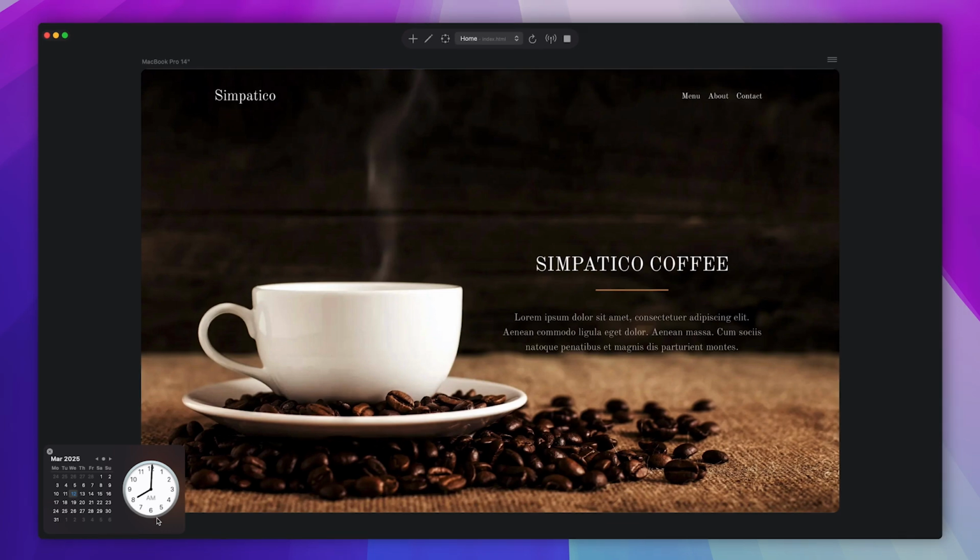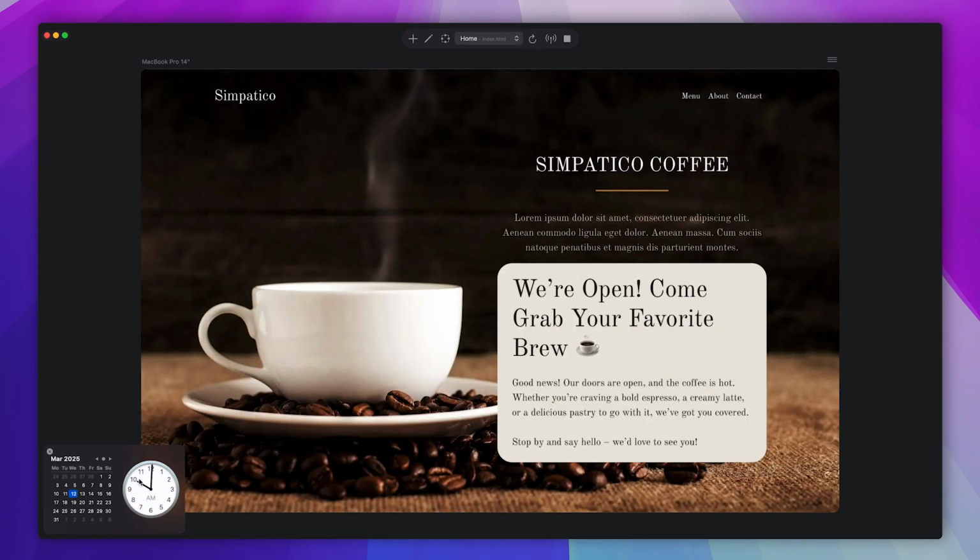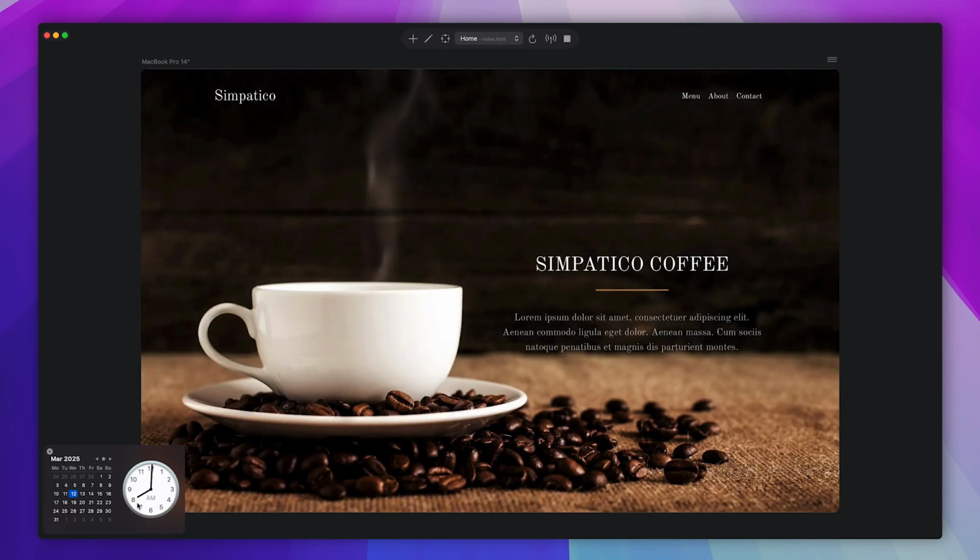functionality out. I'm going to move the hour hand of the clock forward to make it 10 a.m. Perfect. As you can see, the information card is now appearing. That's because the website thinks it's 10 a.m., which is greater than the start time that I assigned on the if statement. If I move the hour hand back to 8 a.m., you can see the information card reverts back to being hidden.